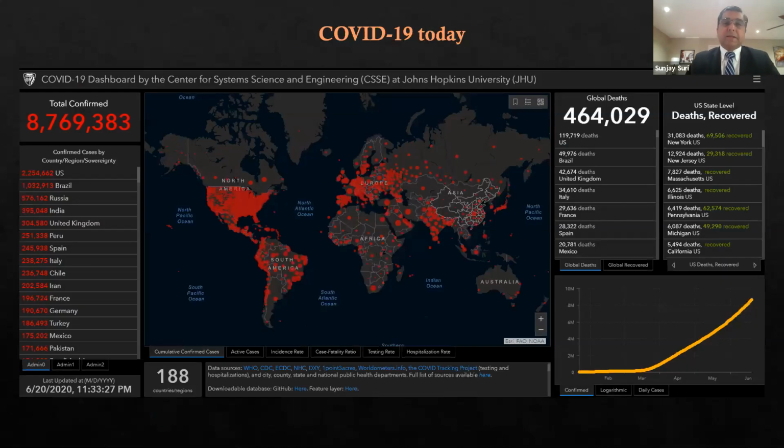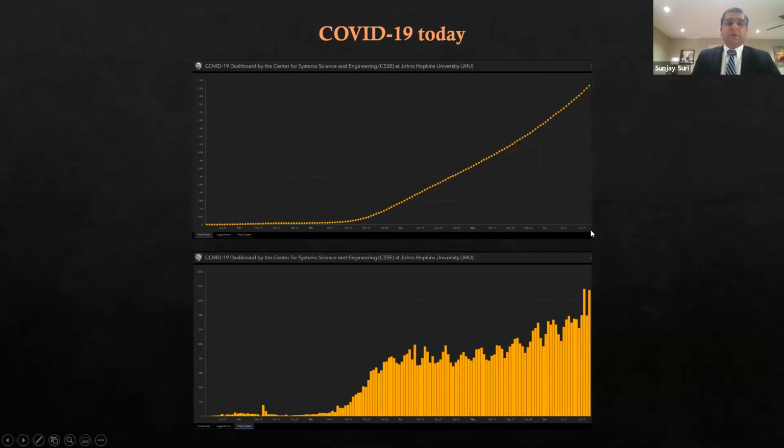So as of last night, the COVID-19 figures across the world show that about 8.7 million people have been affected by this virus globally. And the numbers continue to rise, and that's the current slope of the number of people infected with this virus. When you break that slope down a little bit, all of this is coming from the data compiled by Johns Hopkins University, and I'm sure that you have seen these figures before, but let's just recapitulate that